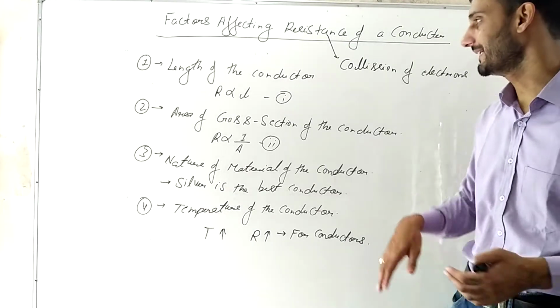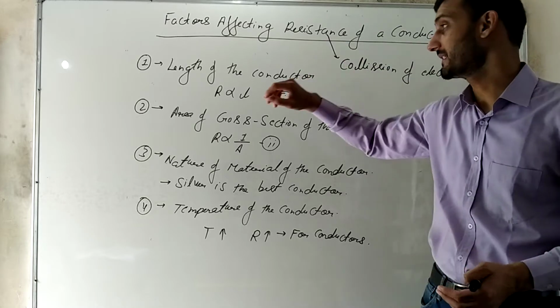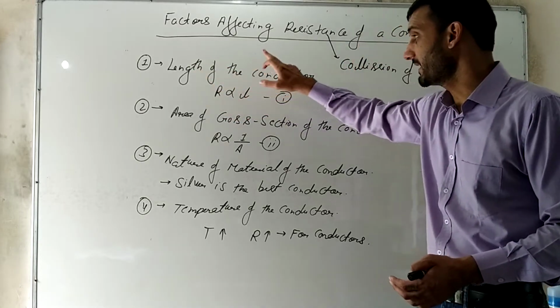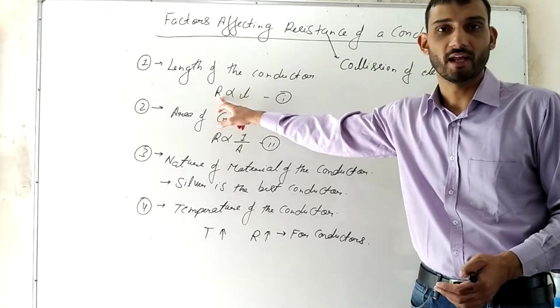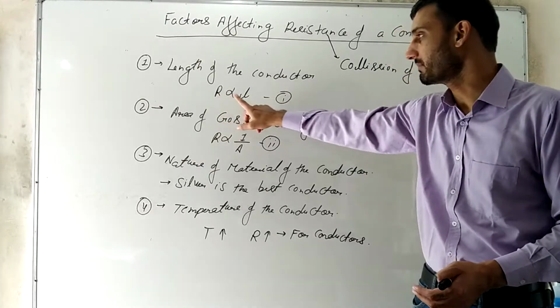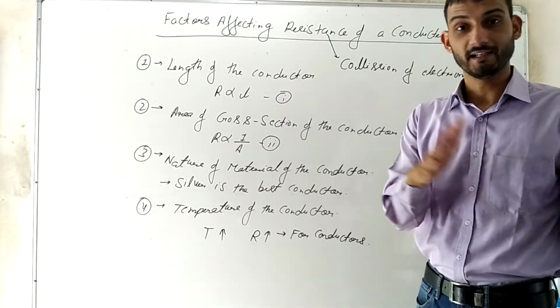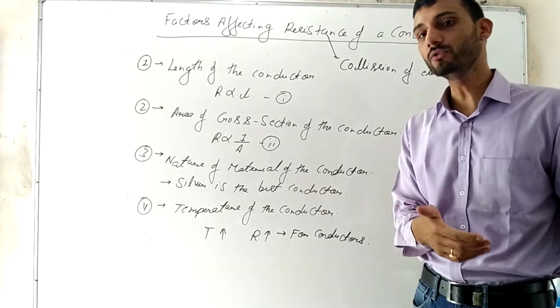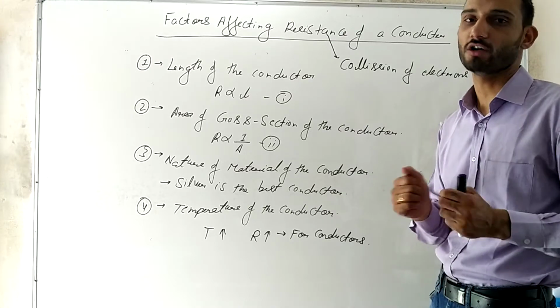And if that is the case, then obviously, because this collision of electrons is the cause of resistance, if the length of the conductor is more, resistance will be more because they will collide more often. And this is why we say that resistance is directly proportional to length. Alright, so if you have a short conductor and a long conductor, whose resistance will be more? More resistance will be for the long conductor.